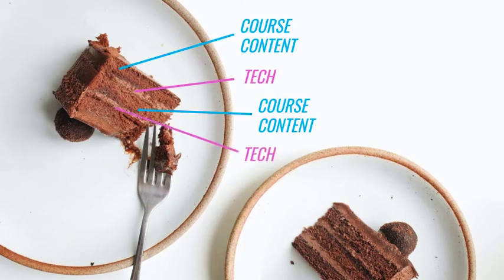Then we either introduce new technology or we use the same technology that was introduced earlier on in the course, but in new ways, perhaps more advanced ways. And think about a cake. It's wrapped in frosting. Frosting is the delivery tech for the course, but it's also consumed. It's an enjoyable part of the experience. Technology is the glue that holds the course content together. So a slice of a layer cake as part of that larger tiered cake, that's what we aspire to